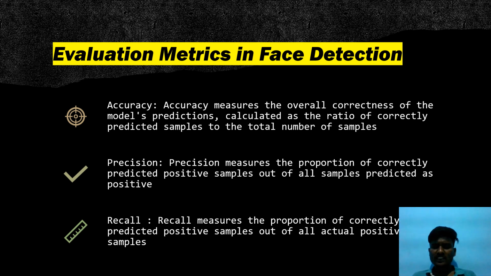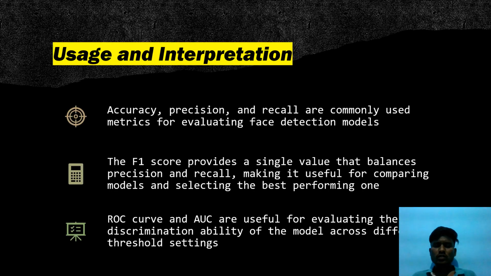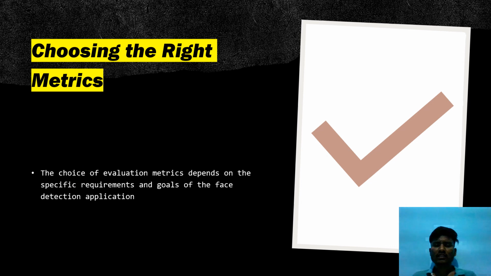Evaluation metrics in face detection. Recall measures the proportion of correctly predicted positive samples out of all actual positive samples. F1 score, usage and interpretation. Accuracy, precision, and recall are commonly used metrics for evaluating face detection models. Choosing the right metric. The choice of evaluation metric depends on the specific requirements and goals of the face detection